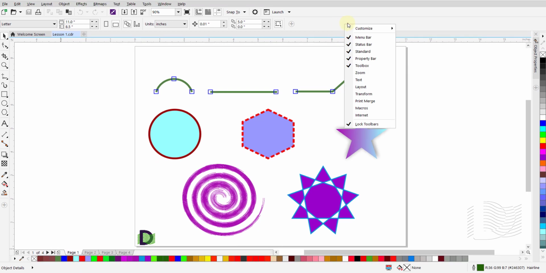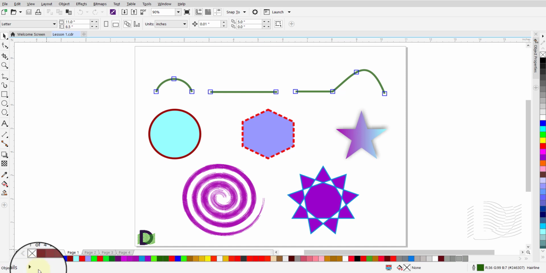The next bar listed on the pop-up menu is the status bar. The status bar sits at the very bottom of your CorelDRAW screen. If your status bar reads something other than object details, here in the left corner, then click on this black triangle, and from the pop-up menu select Object Details.